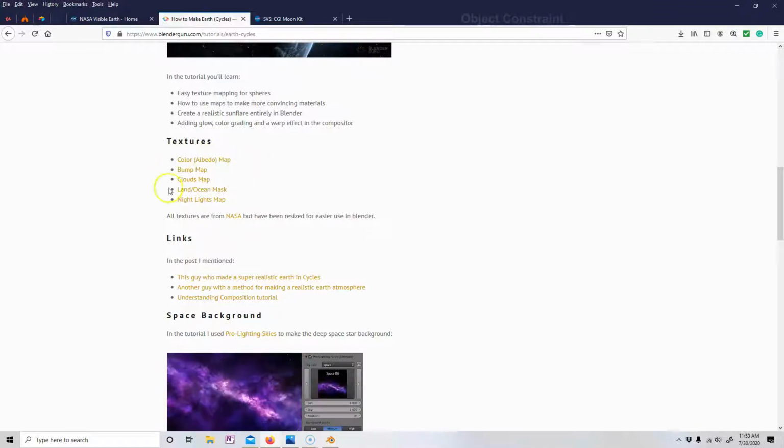But we want to take a look at the textures we're going to need to gather in order to make our Earth. The first one is going to be the color albedo, which is essentially the picture of the Earth. Then we're going to have a bump map, which is kind of like the elevation of different terrains across the Earth, also called topography. We're going to have the clouds map, the ocean mask, and I'm not going to use the night lights map, but whatever your goal is, you might need it, you might not. As he says, all textures are from NASA, and they've been resized. You may have to do that,